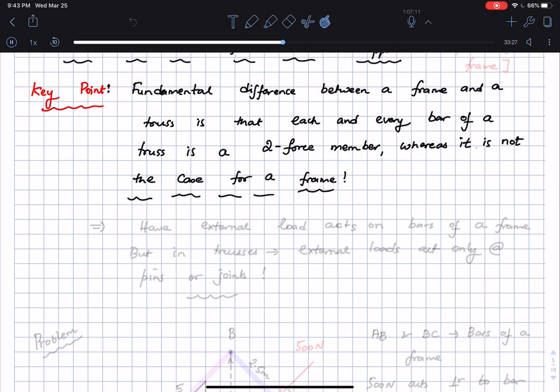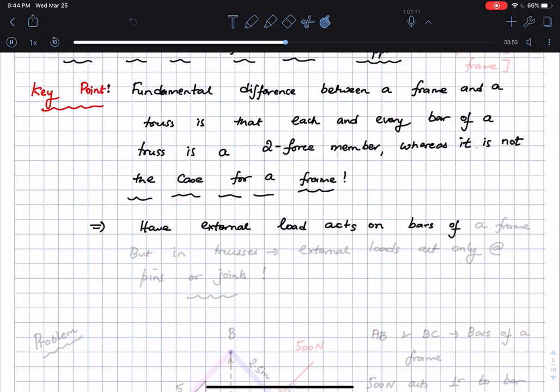Every member or every bar of a truss is a two-force member. It is not necessary that every bar of a frame be a two-force member, which means that you can actually have forces acting on the bars of the frame itself. So this implies that we can have external load acting on the